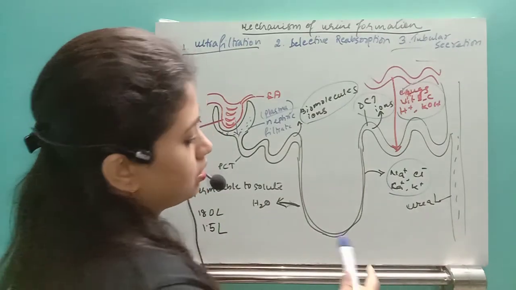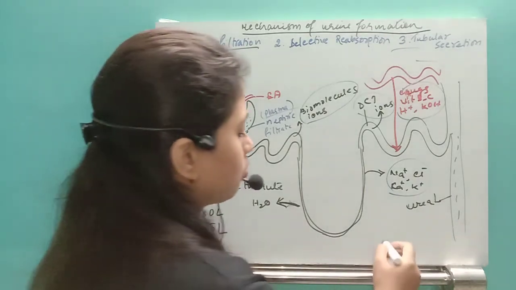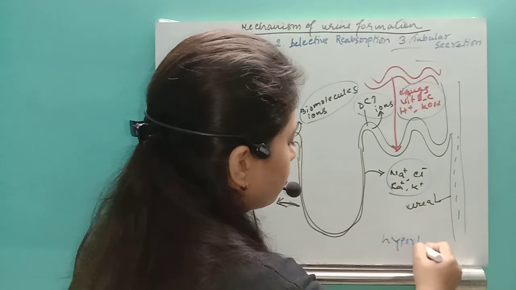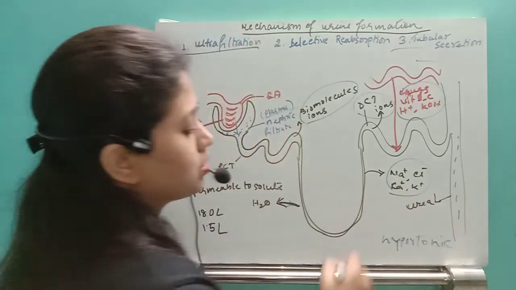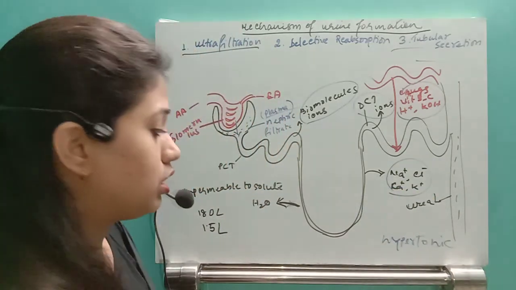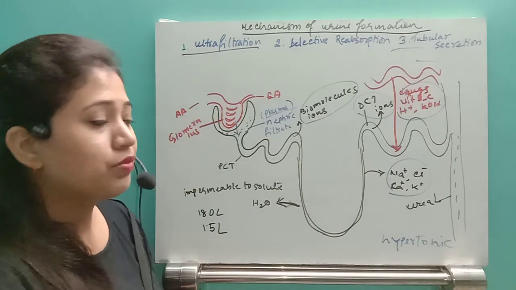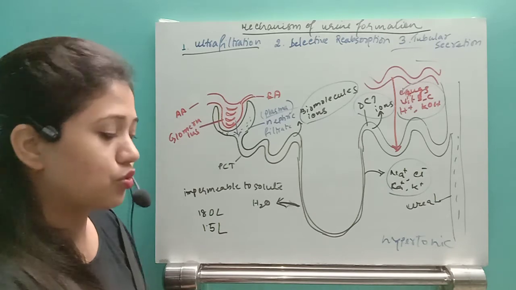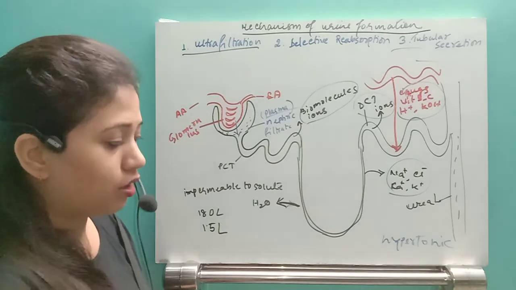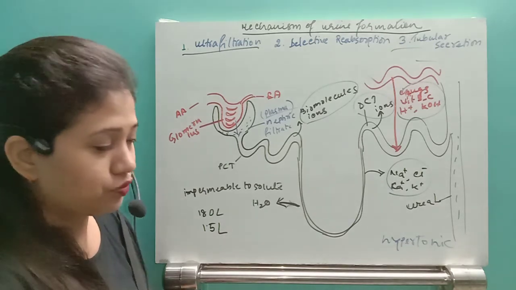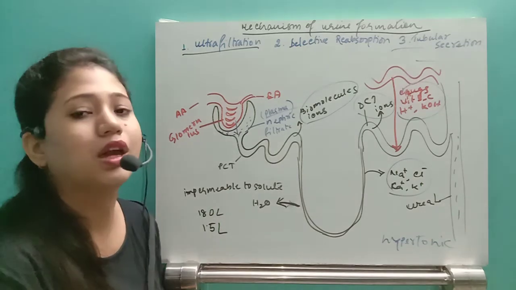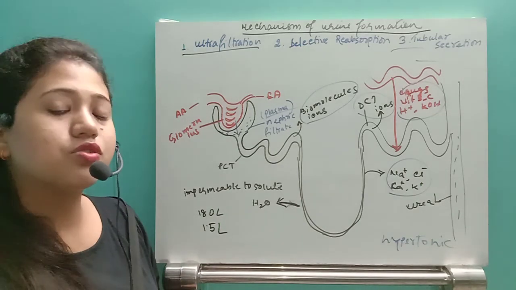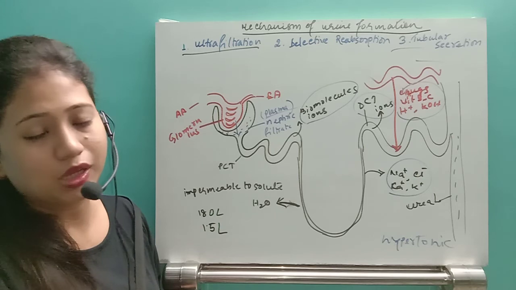And from the collecting duct, the type of urine that is going to be produced is the hypertonic type of urine. So what is hypertonic urine? The urine which contains less water and more solutes, which are all harmful. Our main purpose is to remove urea. So maximum urea, along with some harmful elements, will be removed outside by this mechanism of urine formation. So this is all about the whole process of the mechanism of urine formation.